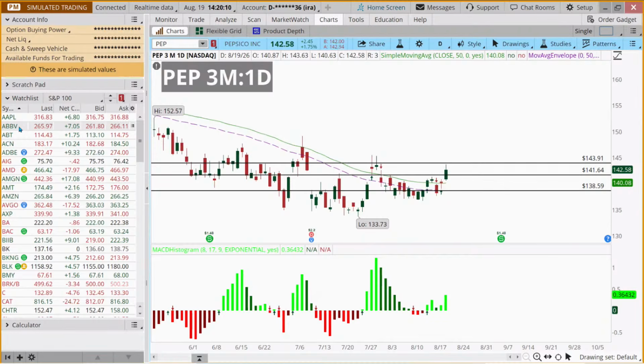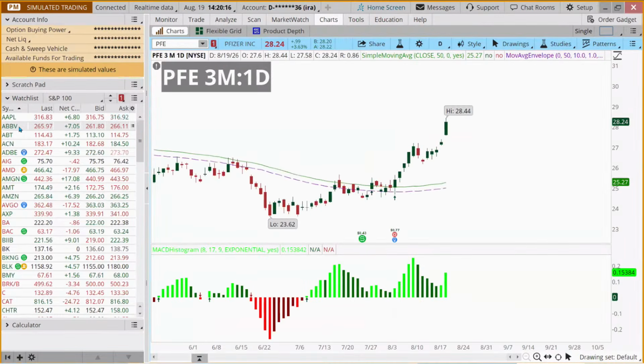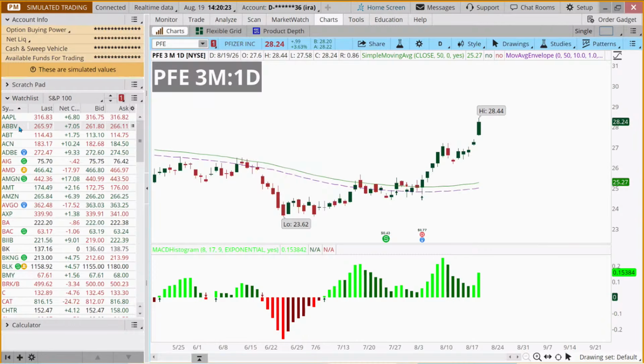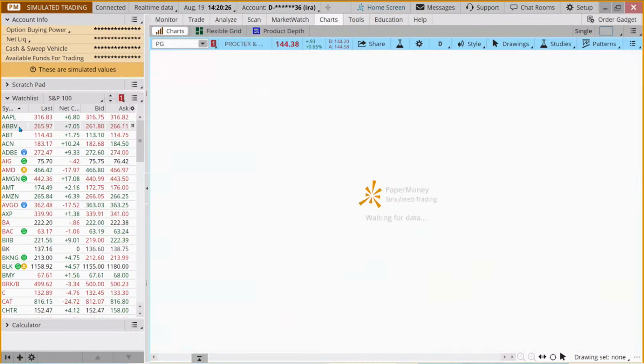You know, technically two green arrows, but again, not really that rising moving average that we're looking for. PFE, MACD was green a long time ago. Stock went above the moving average several days ago. Moving average is rising. So I'd say this one's valid. It's just an old one.